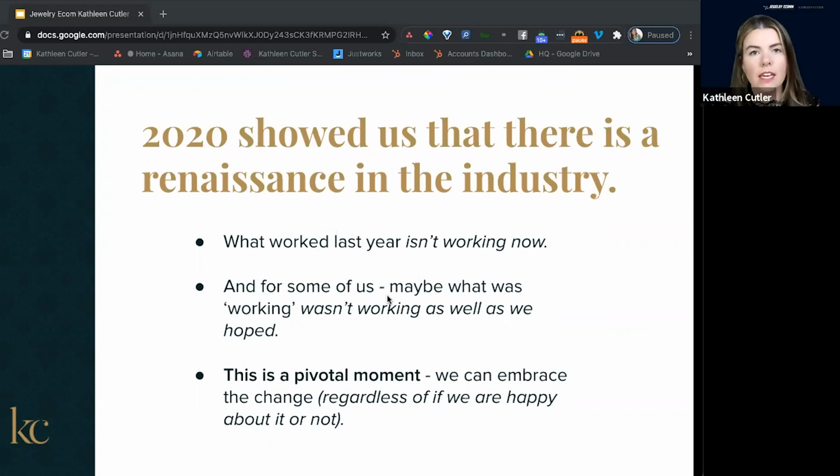So it truly is a moment where we can either embrace this change and hope that things continue to shift and evolve as they naturally will. But I do truly believe that this level of social selling, this level of client concierge, is not going away. So the more we can truly master what it is to connect in this deep, intimate way in the virtual space, this is where you can, again, as I said, have a 3x in your income,